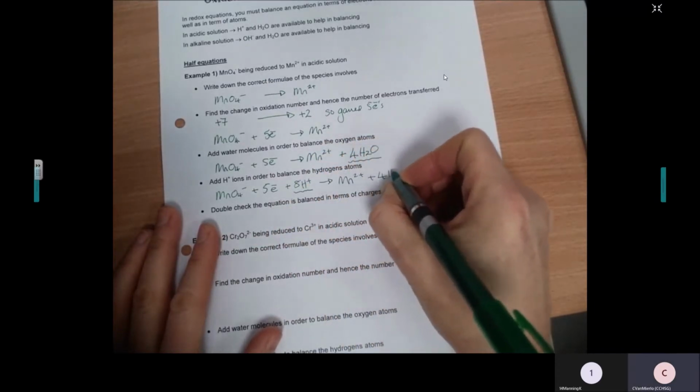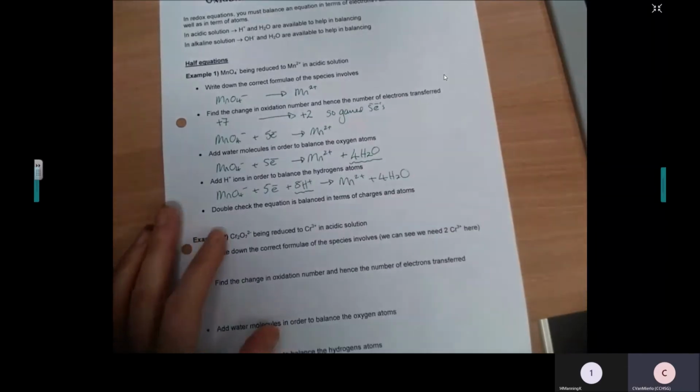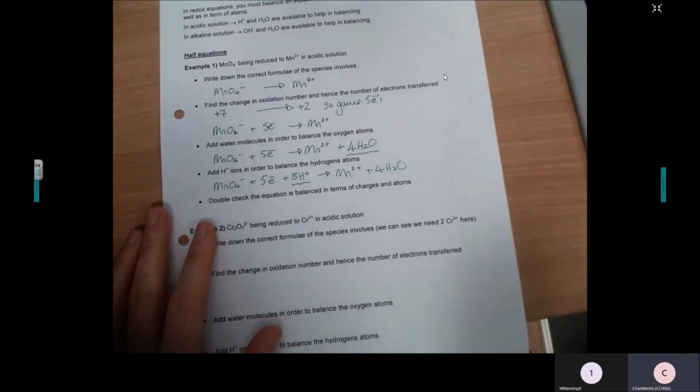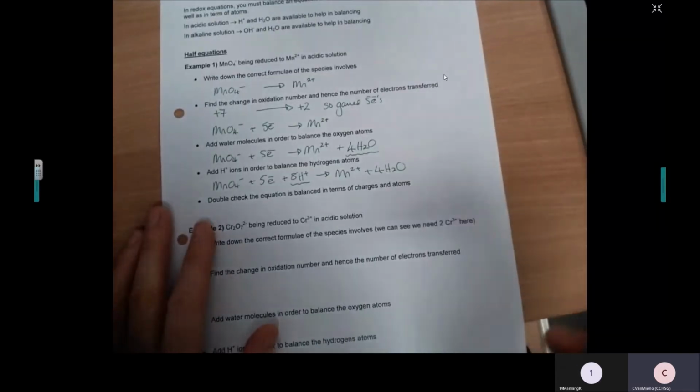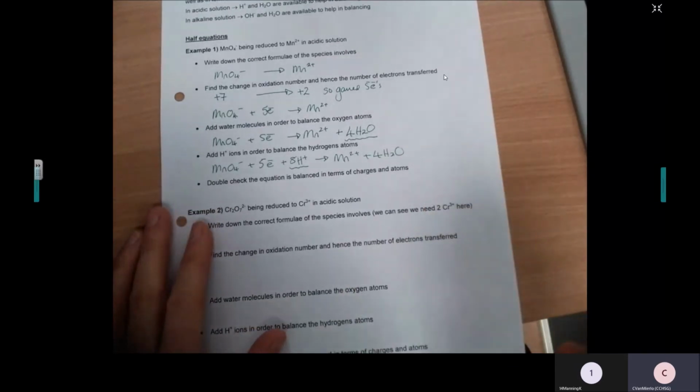And that's our 4H2O. So now we have balanced for the oxidation numbers and electrons. We've balanced for the atoms. So our equation ought to be correct now. And final check, and if you've got this final check right, the chances of you getting the actual equation wrong